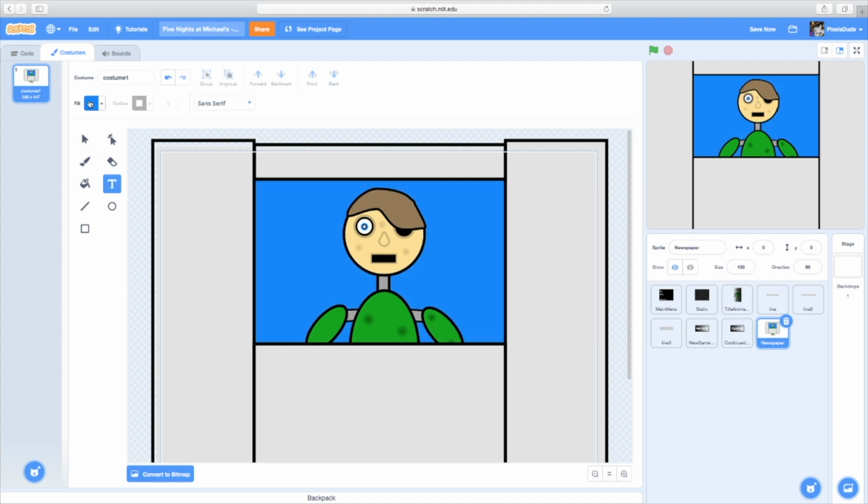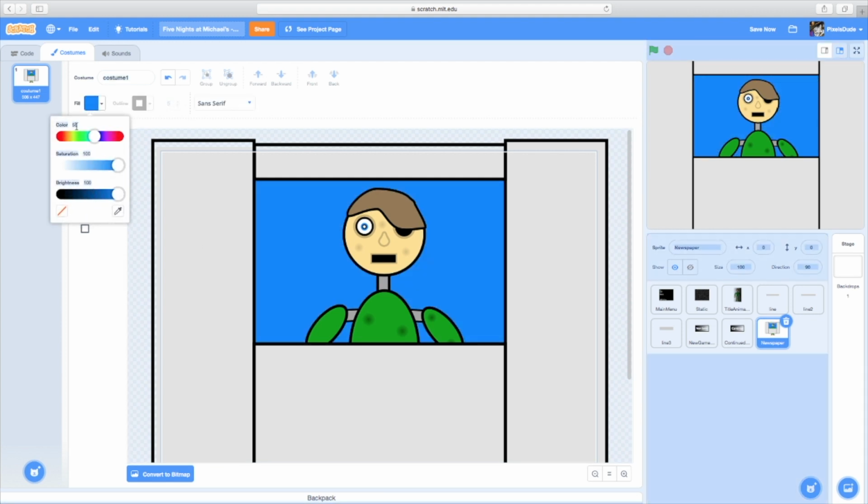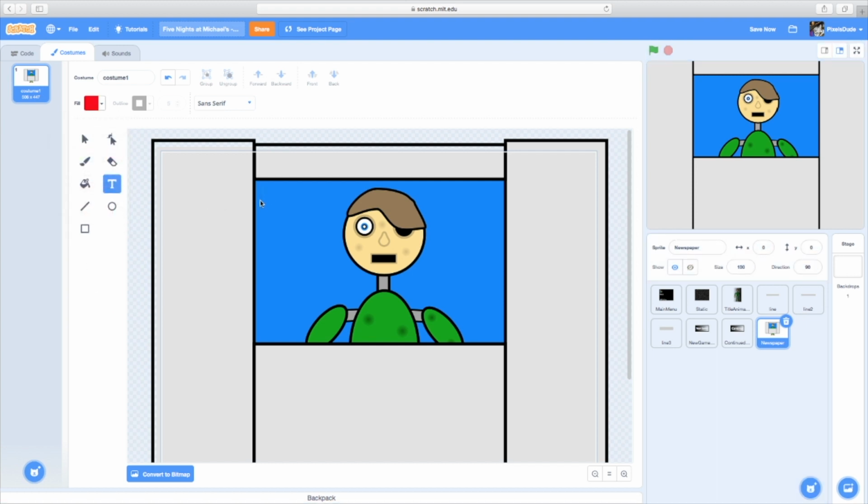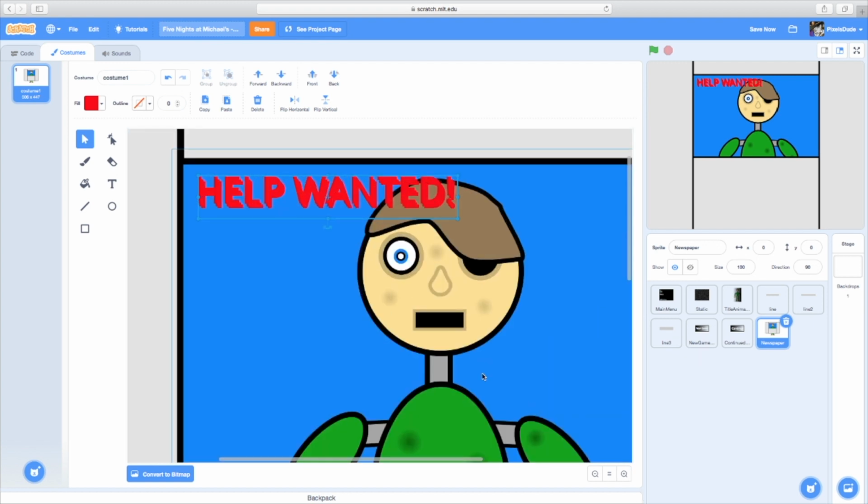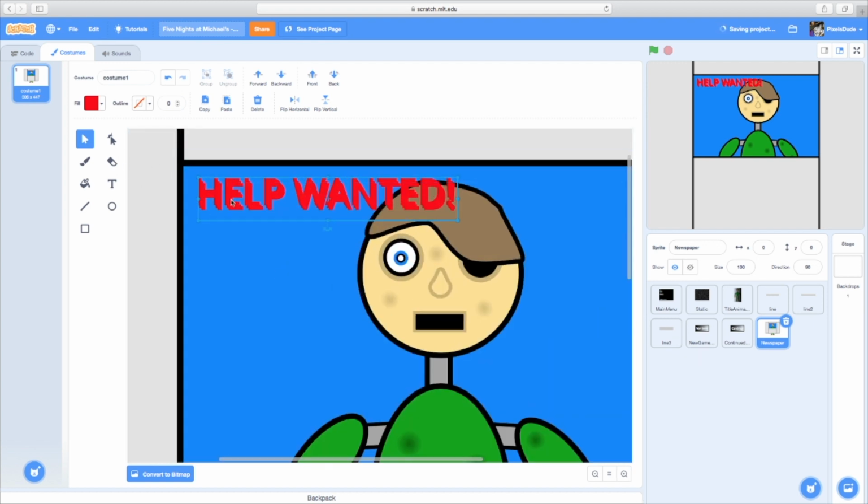So, okay, now that you've got your background in, what you're going to do is add some text. I usually like to do it in red. So, I'm going to do help wanted, and a little exclamation mark. I'm going to put that in, and then I'm going to copy it and spread it a bit, so it looks like a coming out at you effect. I don't know. I just like effects. Now that we've done that,